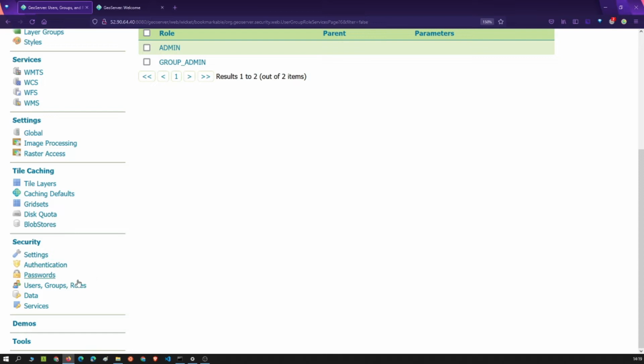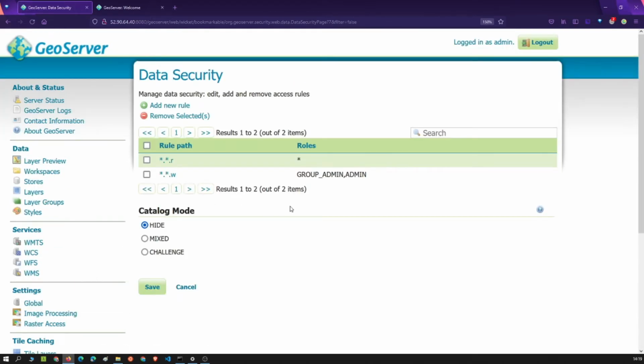To do that, what we would do is go to data and first review our data security, the default data security. You would notice a star means all. So all roles have access to read. R is read here. Read to all workspaces and all layers.